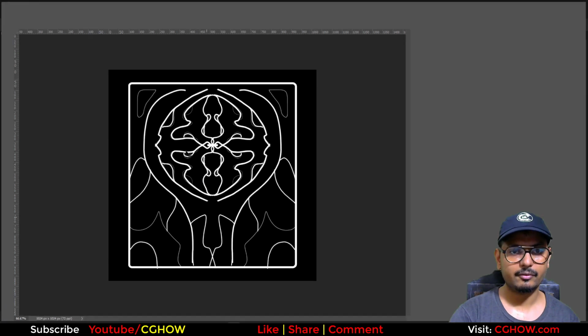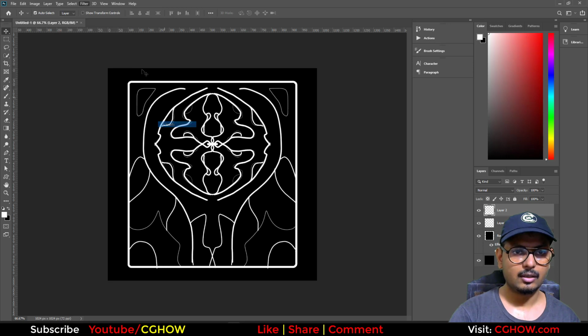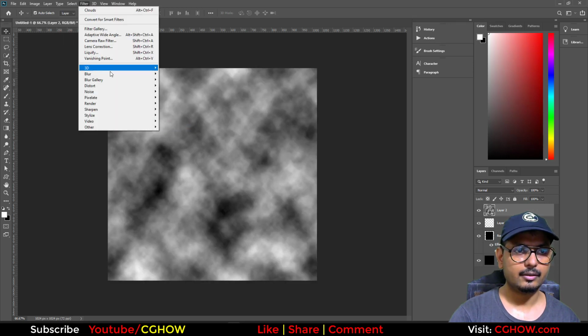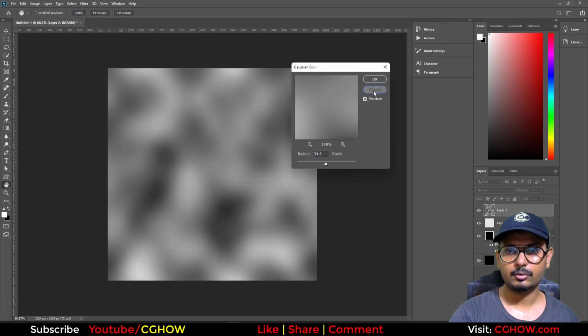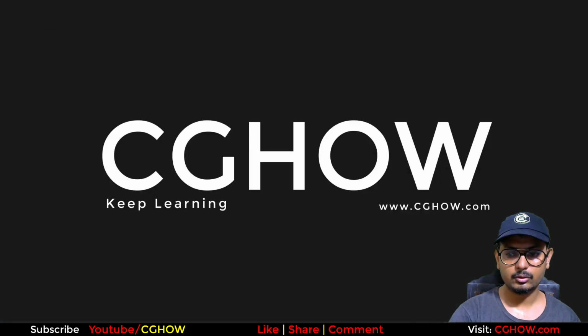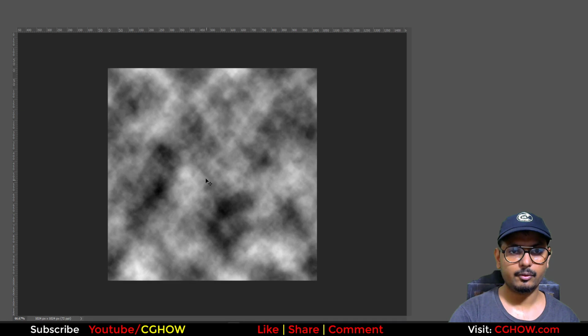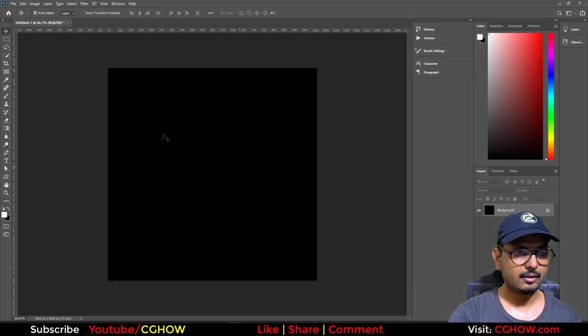Just take this cloud and make it blur. So you can make this noise, but I have already, so I'm using this. But I need some rings, so to make the rings in Photoshop, I'll merge all the layers, make it black, and take a circle